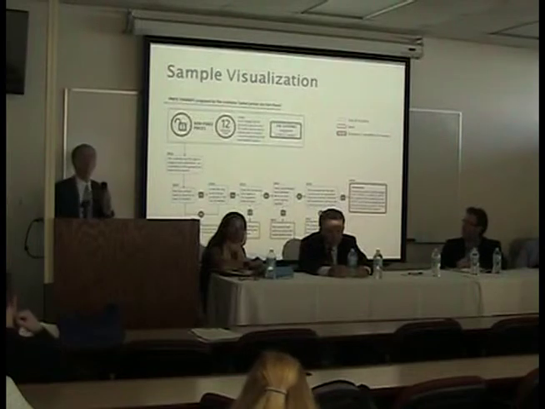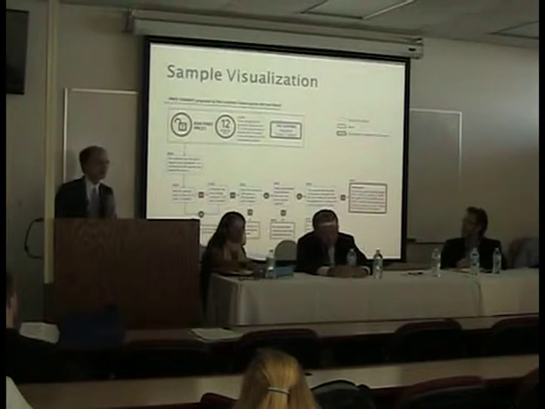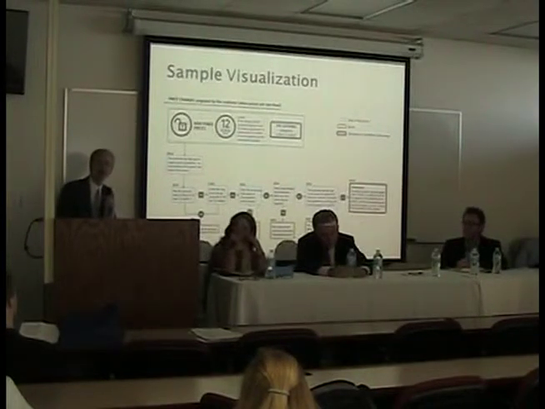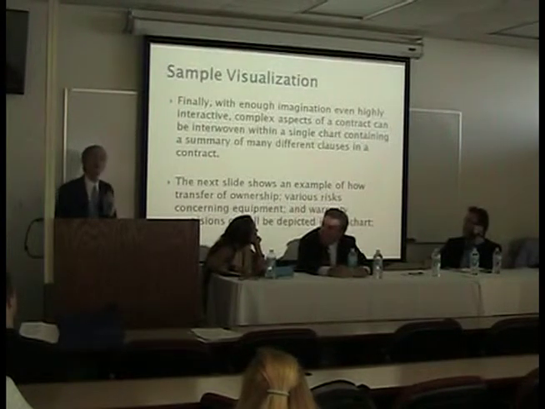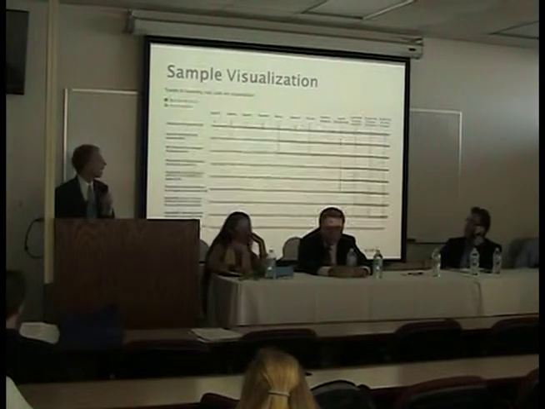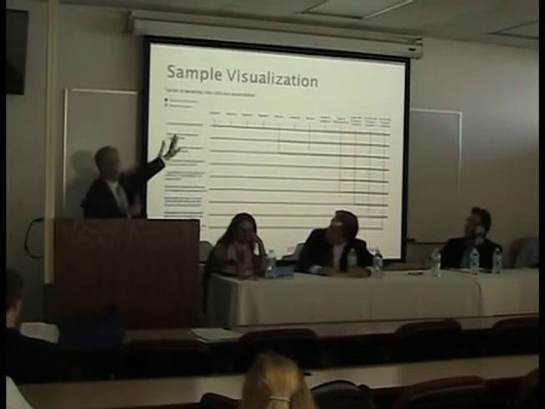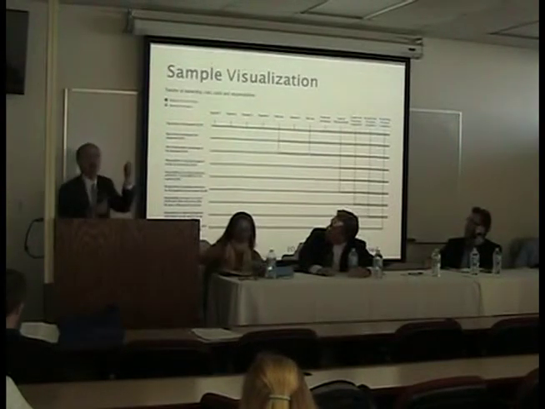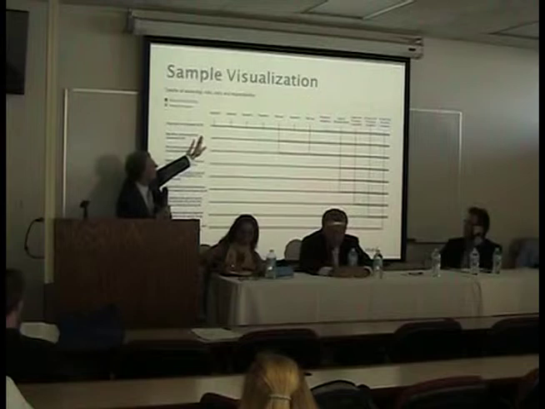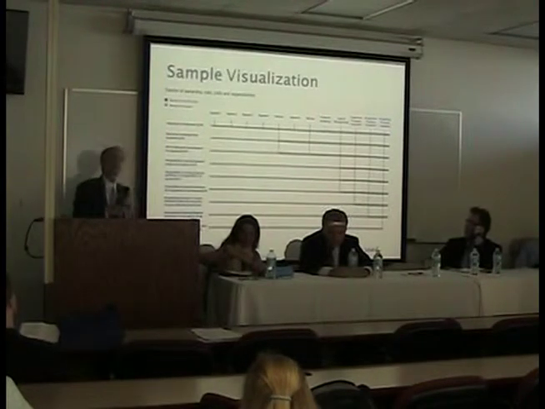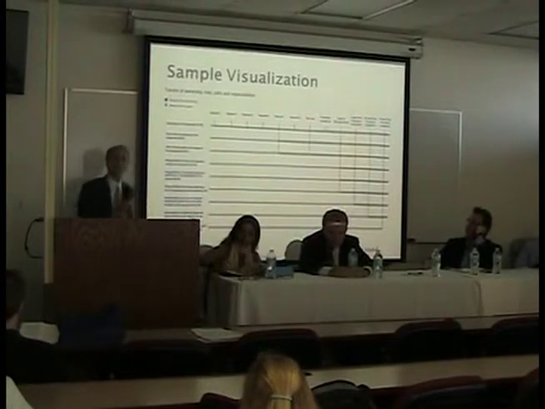Now, sometimes, if there are conditionals in a contract, which are very, very frequent, you can use algorithms or flowcharts, and we're all kind of familiar with that kind of chart. But finally, if you're extremely good at this, you can put it all together and create a kind of summary chart. This one is scarcely readable from the back, but I didn't create this. It's a brilliant tying together of all kinds of rights and duties in a contract that is, at a glance, indicative of what people's responsibilities are. I think a chart like this would be invaluable to someone actually implementing a contract.